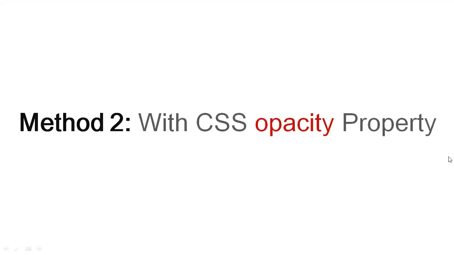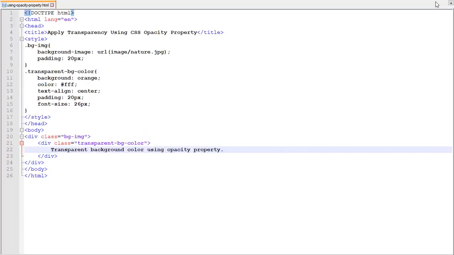Method 2 with the CSS opacity property. You can use the CSS opacity property to apply transparency to the background. Its value can be from 0 to 1, and you have to add a value above 0 and below 1 for a transparent effect. Now, to create this, start with the same previous code that contains a background image and